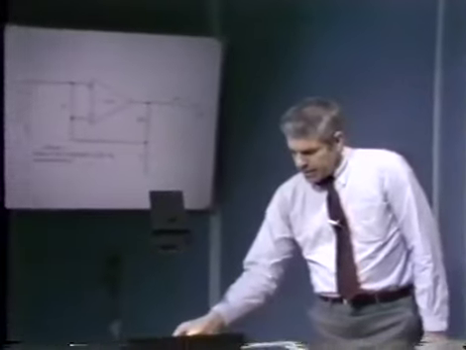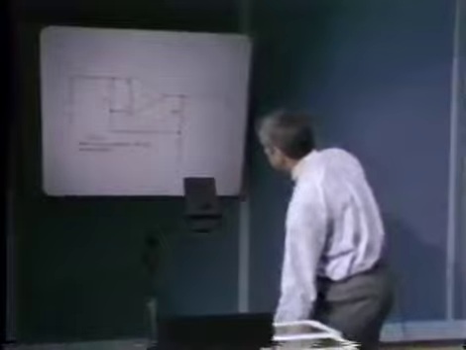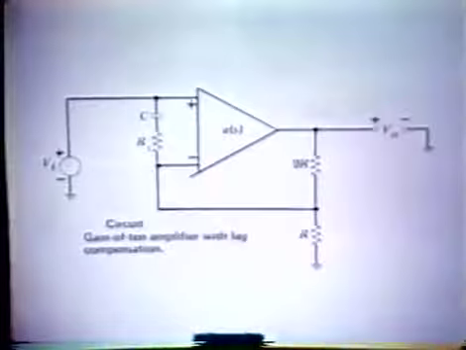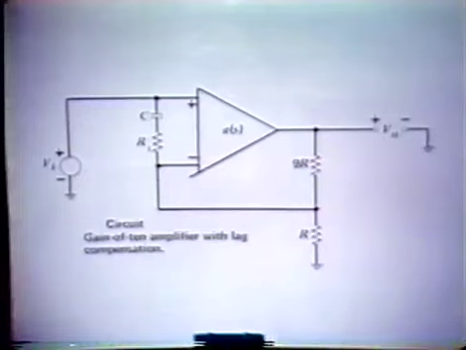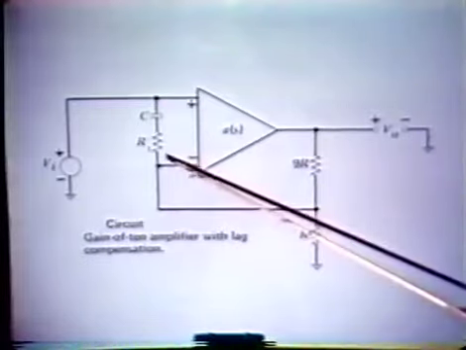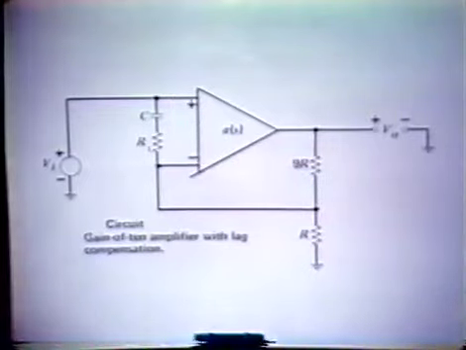Well, so that's one kind of compensation that we can apply to our operational amplifier. What else might we do to it? We talked about lag compensation, and I'd like to look at how we might apply lag compensation to this system. If we take the amplifier, we'd mentioned last time that when we use this configuration with resistive feedback in a non-inverting configuration, if we simply shunt a resistor between the input terminals of the amplifier, we're able to reduce the A0 F0 product. We did that as an example last time of how we might compensate an amplifier, in particular this type of non-inverting configuration, by adding a resistor between the